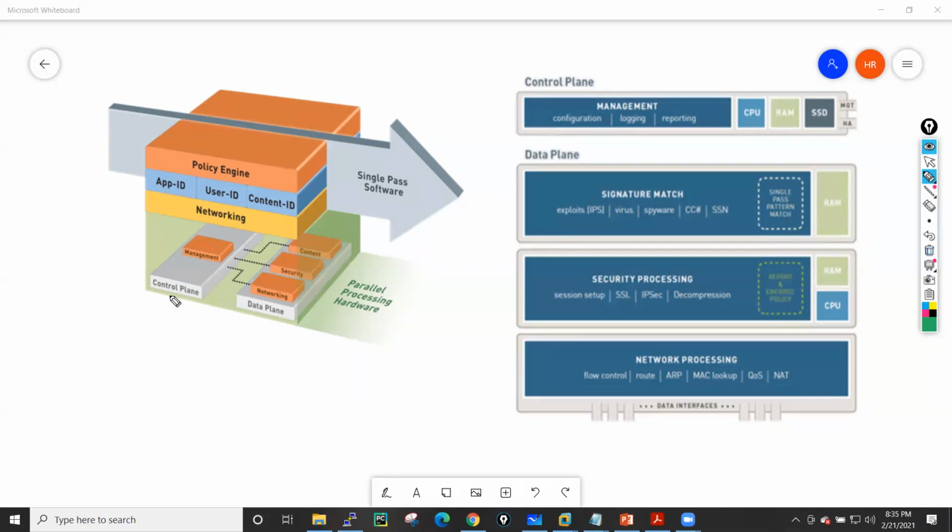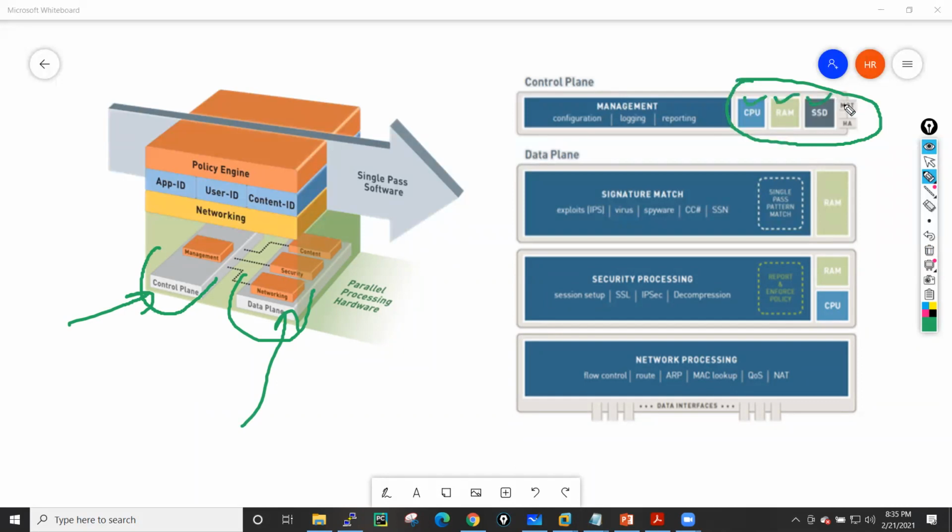Now, one more benefit you get from this architecture is that your data plane and control plane are separate. So if anyone launches any kind of DDoS attack into your data interfaces, which means your data ports, your management port is still safe, because your management port also has a separate RAM, CPU, and SSD, and it has a dedicated management port and high availability ports. So it does not have any kind of resource-level dependency. If anyone launches an attack into your data plane, your control plane is still safe. You can log in to your control plane and write your policy to stop this particular attack. This is one benefit you will get.